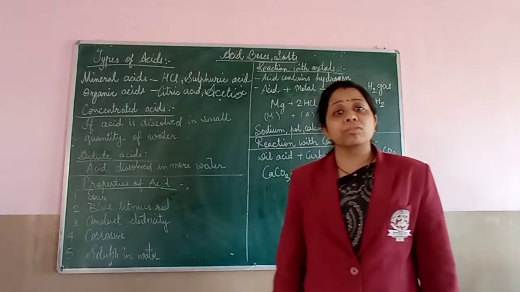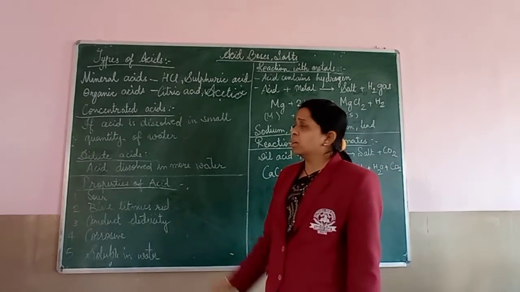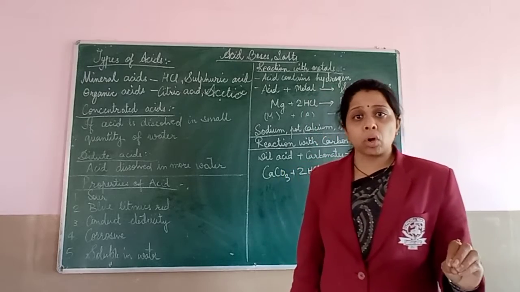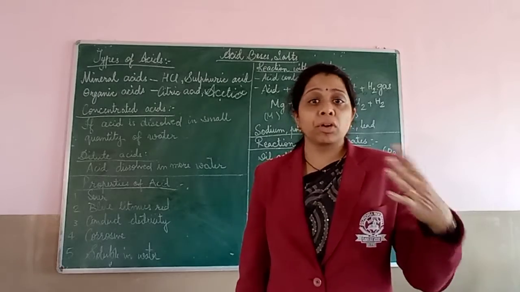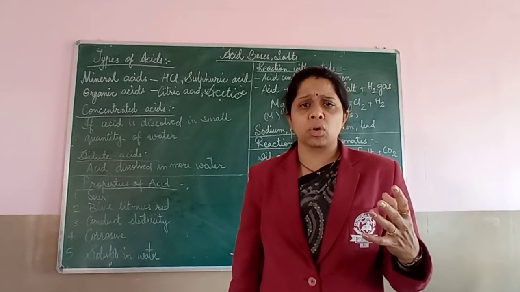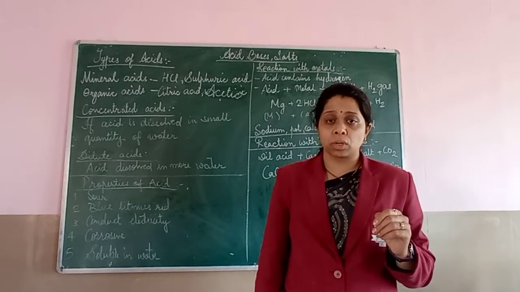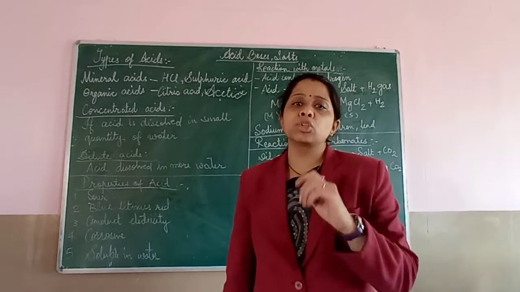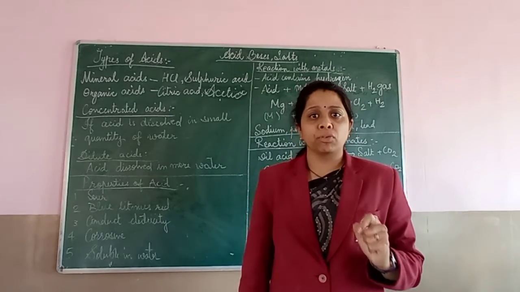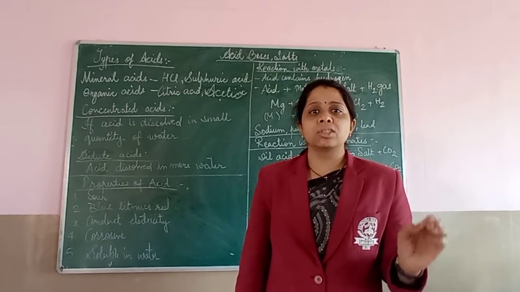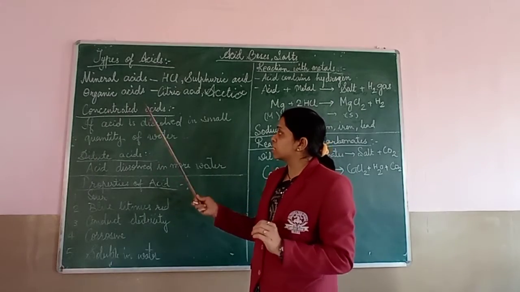Now, there is another type of acids also, which are called concentrated acids and dilute acids. I think you must have heard of these words, concentrated and dilute. As of now you know that acids are very strong. So if we even touch it by mistake, what will happen? It can cause some burn injuries. So if we don't want that strong effect of acid, what has been done? They are dissolved in a certain amount of water. So when any acid is dissolved in a small amount of water, then it is called a concentrated acid.